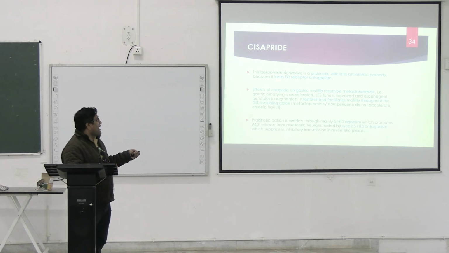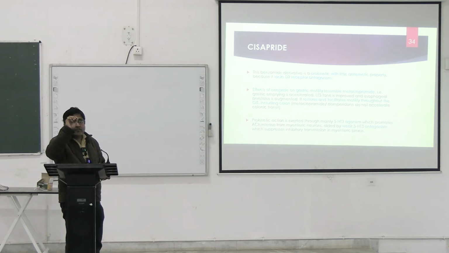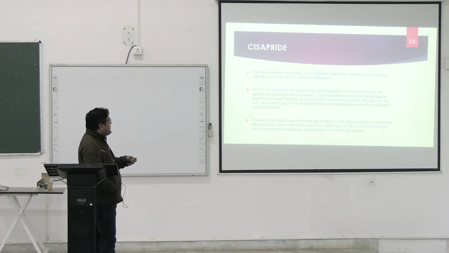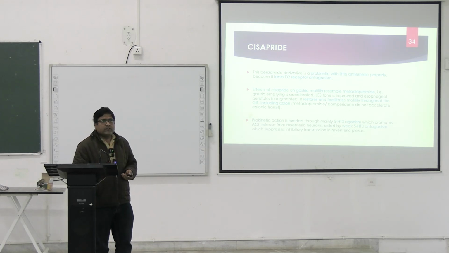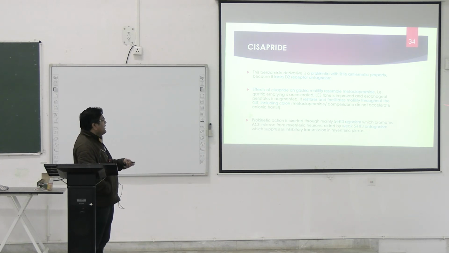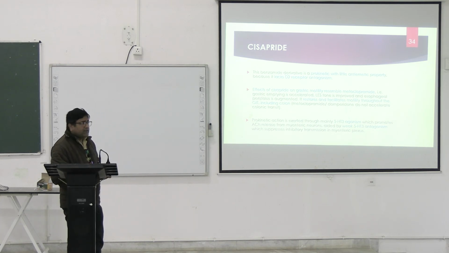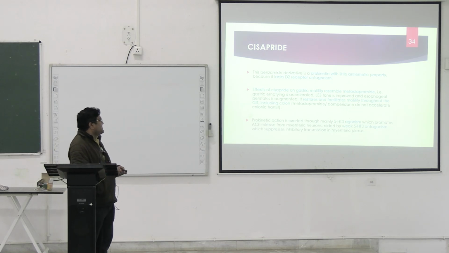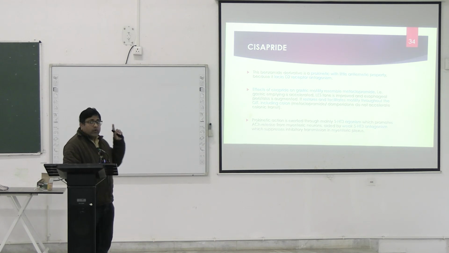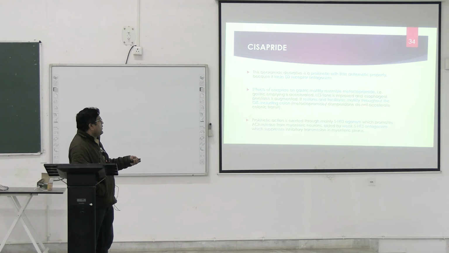আচ্ছা, একটা পড়লাম metoclopramide and domperidone যাদের অ্যাকশন is limited only to the upper GIT। Now this drug has got action on the intestine, stomach and the colon। Okay, so it's a benzamide derivative, it's a prokinetic with little anti-emetic property because it lacks D2 receptor antagonism। Its main action রয়েছে on the serotonin receptor। Now effects of cisapride on gastric motility resemble metoclopramide, that is gastric emptying is accelerated, ileus tone is improved, esophageal peristalsis is augmented। It restores and facilitates motility through GIT including colon। Metoclopramide, domperidone do not accelerate colonic transit।